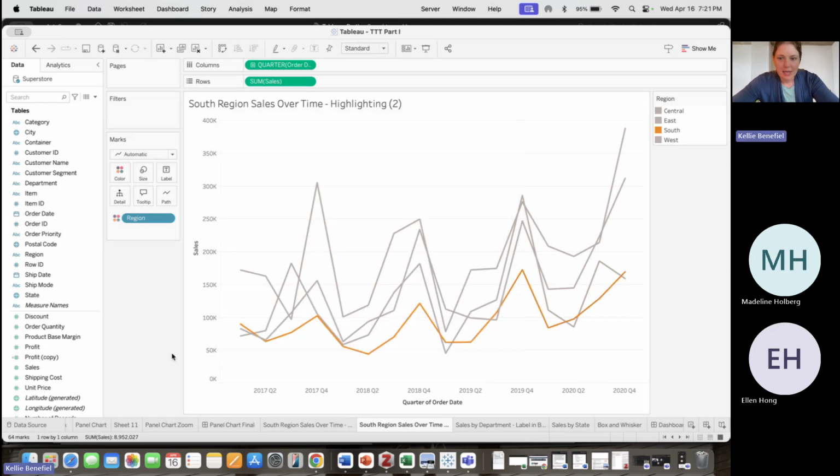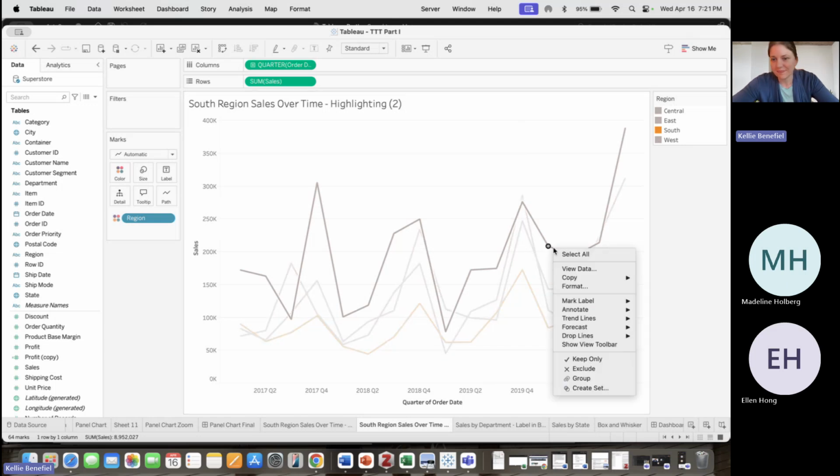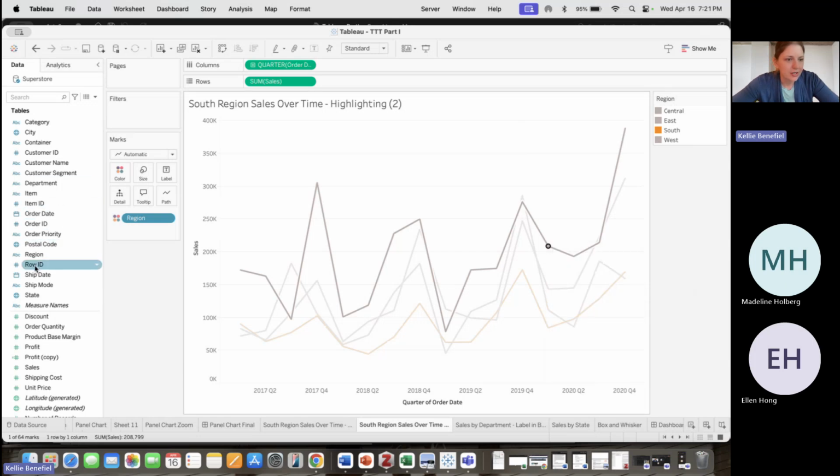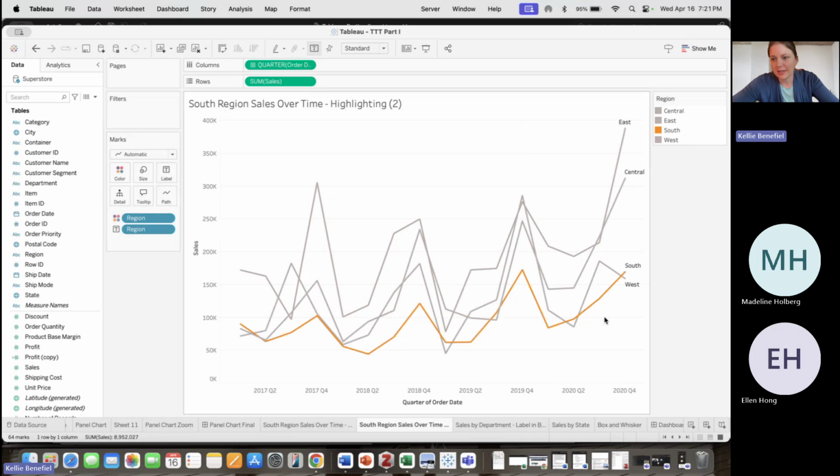Okay. And then I need to add the labels now, because what I've done by removing the color from these three is I've sort of removed an important element. So I'm going to come up to region over here, and I'm just gonna drag it over to label, and then it adds my labels in, and they're already where I like them, so I'm done. And now I've taken a pretty standard line graph, but I've made it more effective for my particular audience by highlighting what they need to know. So,